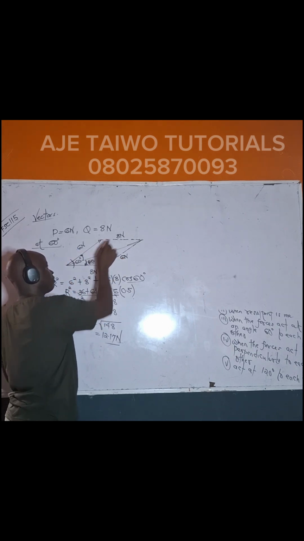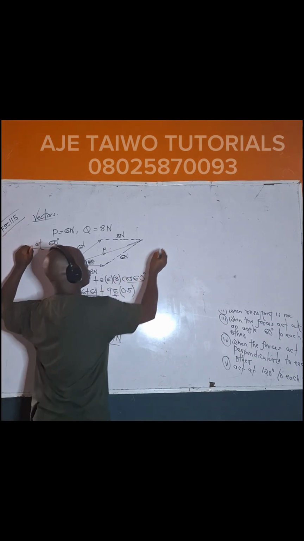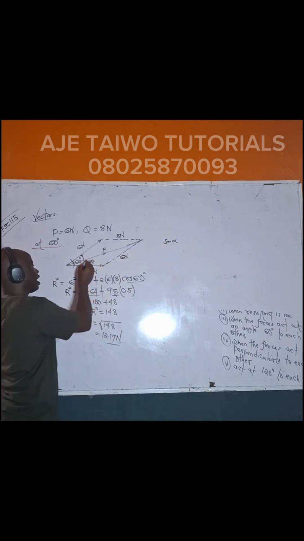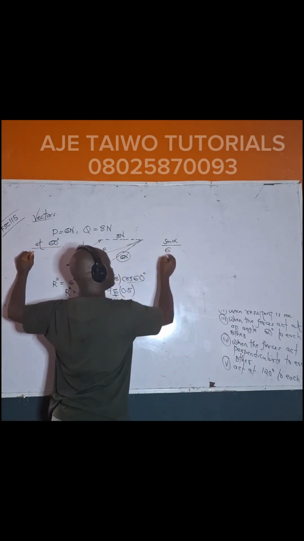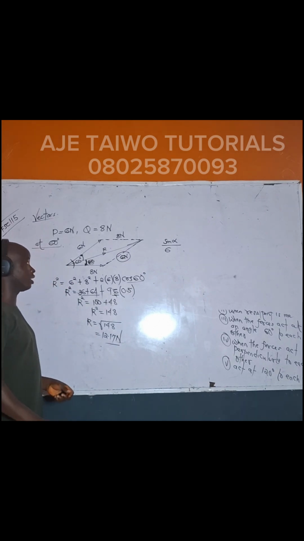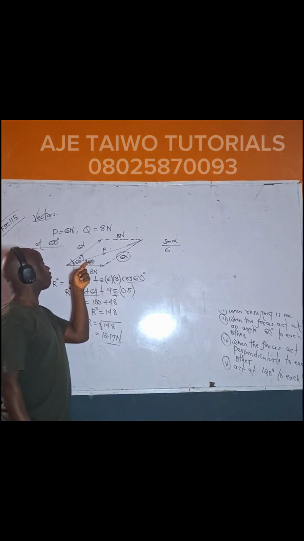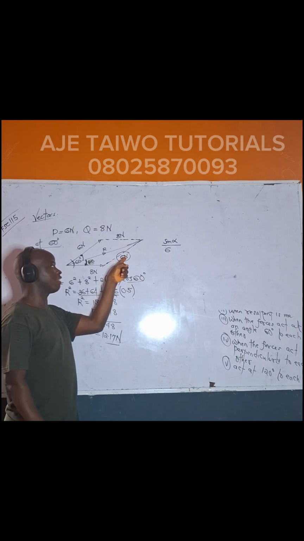If there is 8, there will be 8. Okay? So what do we have now? We have sine alpha, that's sine of this angle, over the side that faces it. I'm applying sine over here. Sine alpha over the side that faces it,